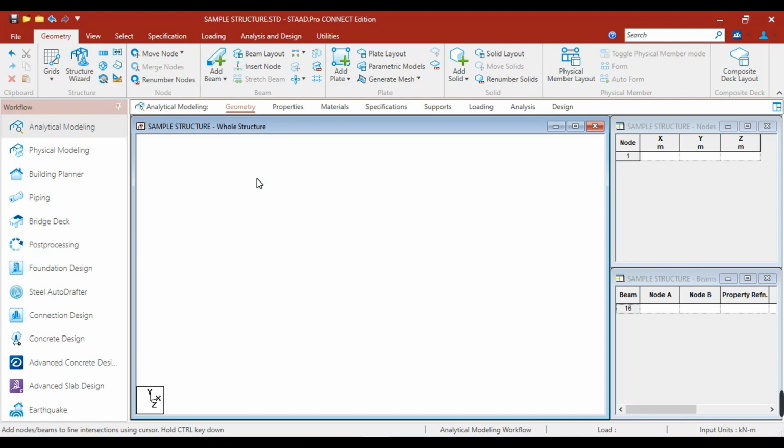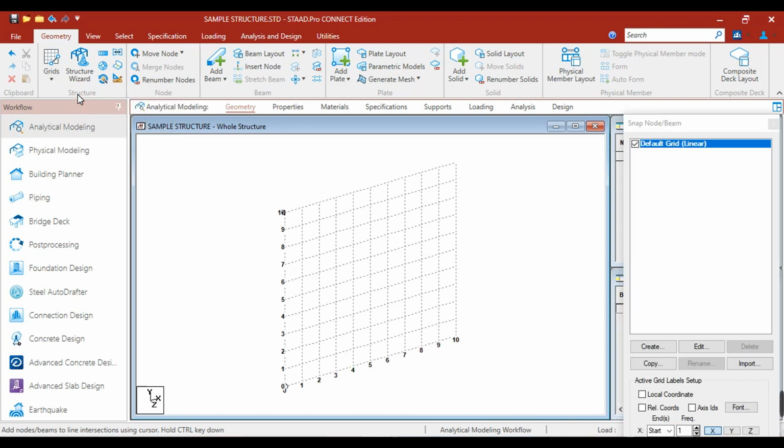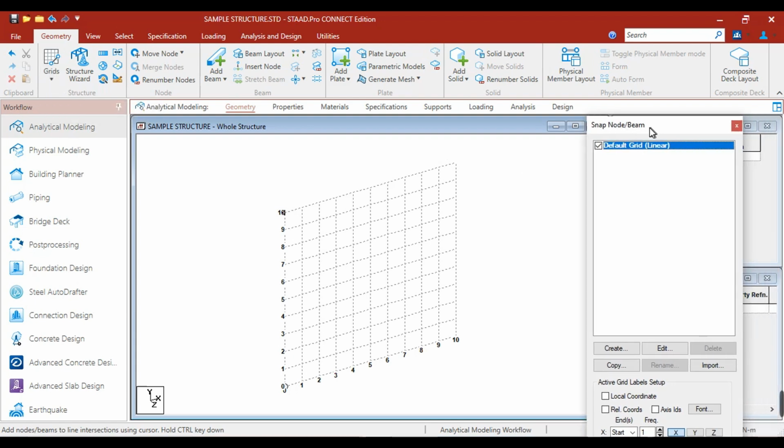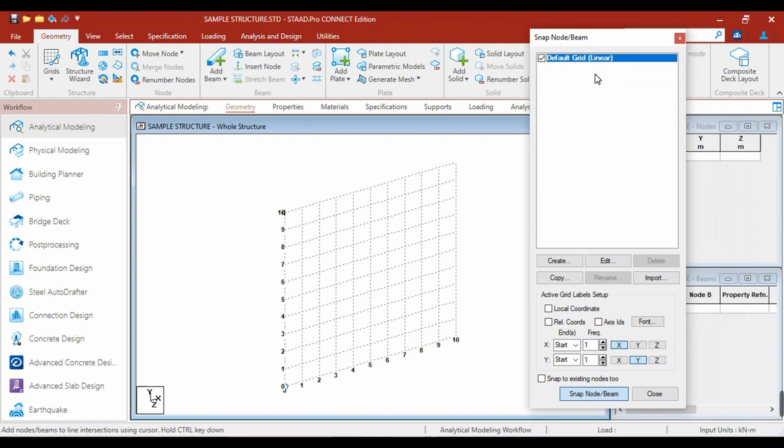Okay, so for modeling using grid lines, make sure that you click on the whole structure first, then click the grids here. Under grids, we have beam grid, triangular plate grid, and quad plate grid, but we will be using beam grid. So click beam grid. Automatically, when you select beam grid, STAAD has a default grid, which is the linear.